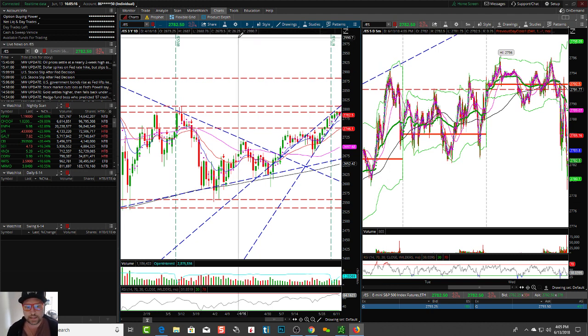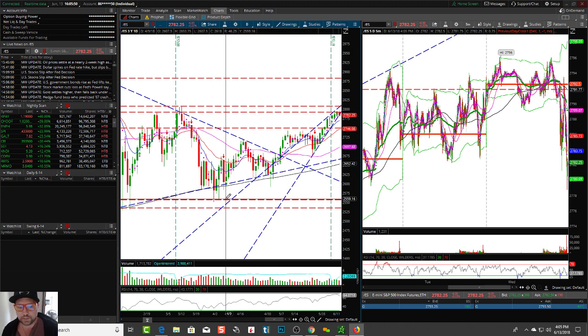So, as you can see here, I have a chart of the futures pulled up. And as you can see, there's lots of lines up and down and sideways all over here, right? So if you're new and you're following me and you don't know what is on my charts, this is what charts will end up looking like. Lots of lines and patterns, horizontal lines, sideways ones, and it's trying to find these channels, trying to find these patterns.